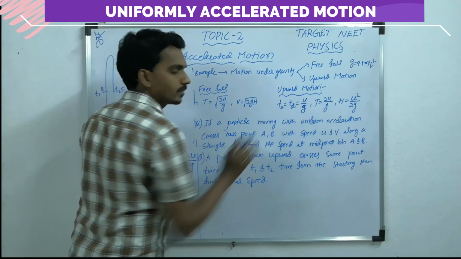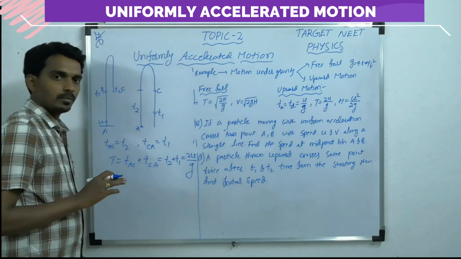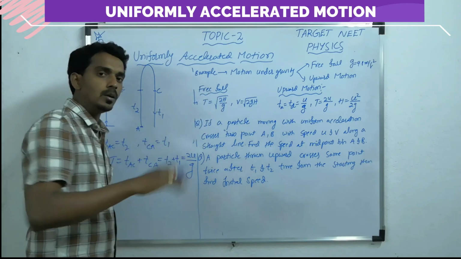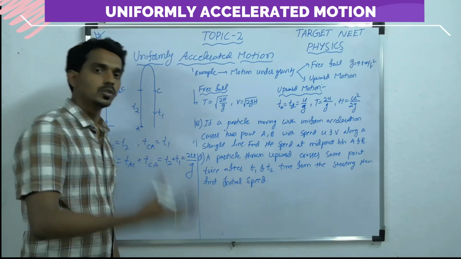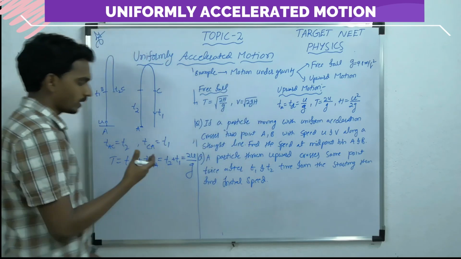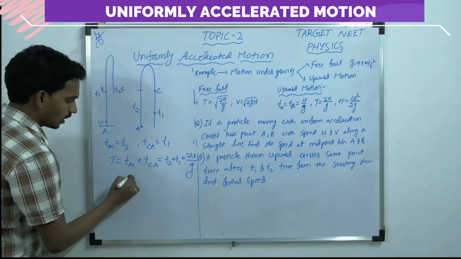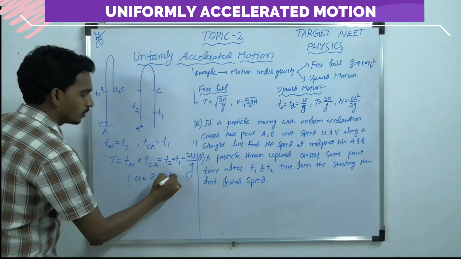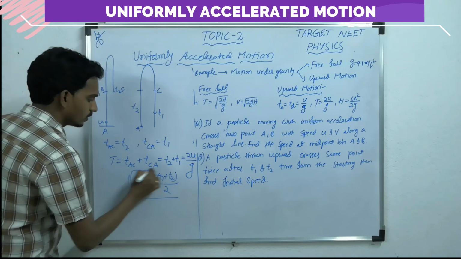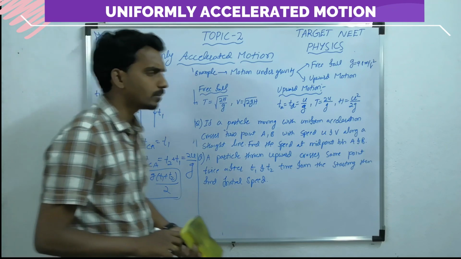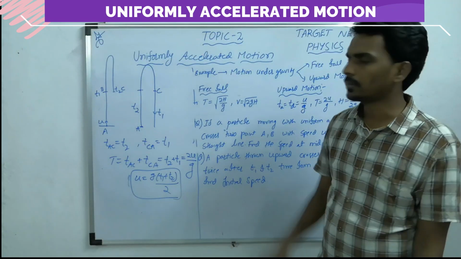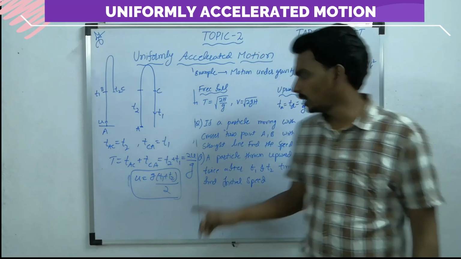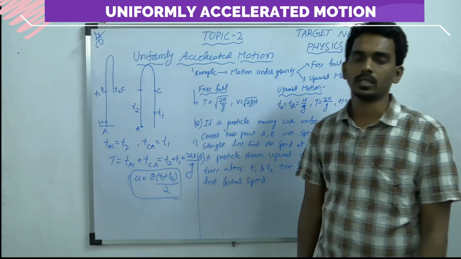But what is the total time of flight? 2u by g. We use this formula, but before that we also used logic. So logic and data both are important. Understand, use your logic, use your memory and try to solve the question, so that the initial speed will become g into (t1 plus t2) divided by 2. Then you can find the maximum height also. What is the maximum height reached? u square by 2g. The u value is given. t1, t2 they will be giving in the question itself.